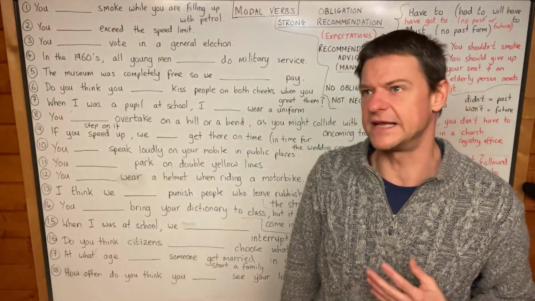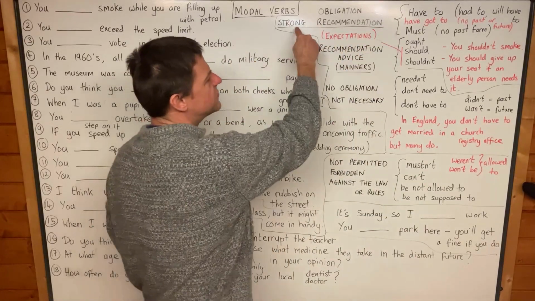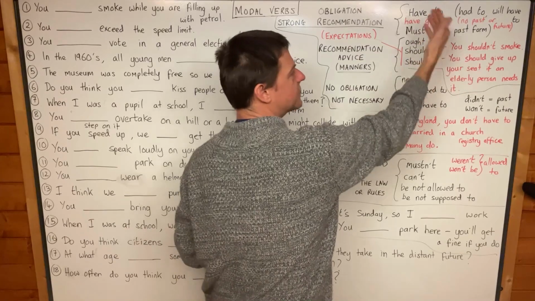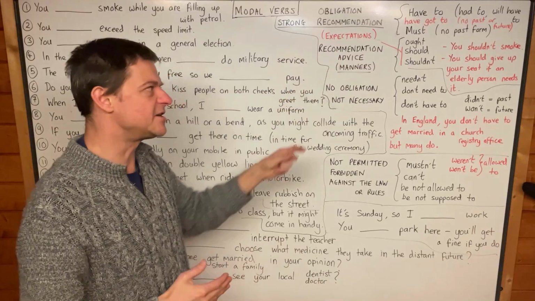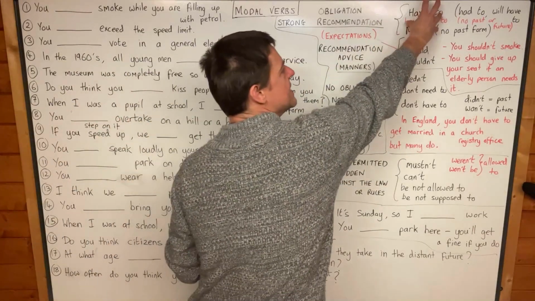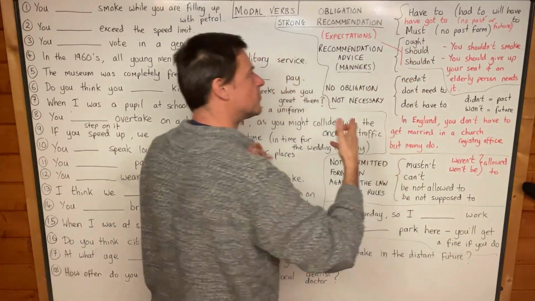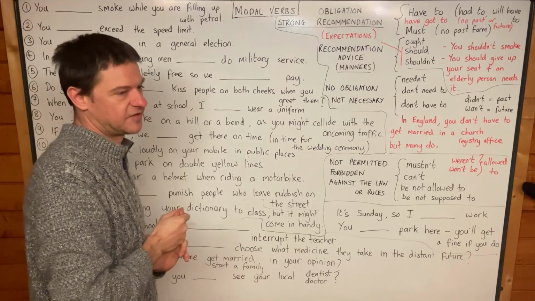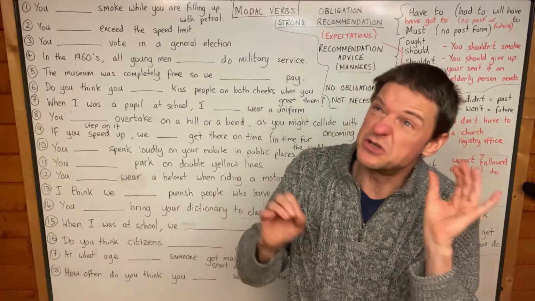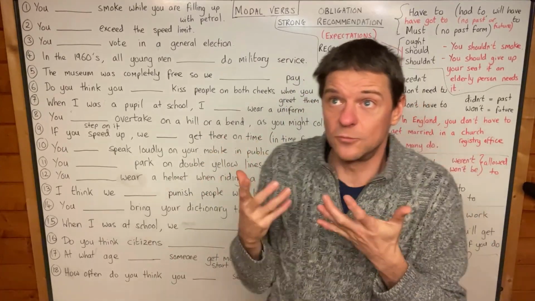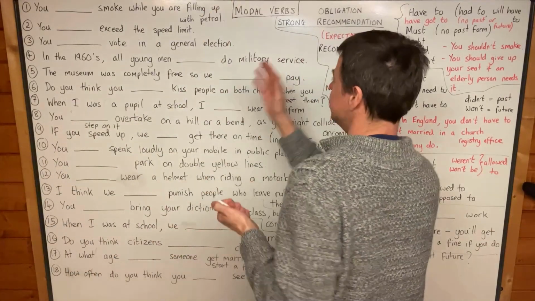We'll go through a few questions together, just so I can make them really clear, because very often with these, you can see straight away, strong recommendation is have to or must or have got to, but ought, should and shouldn't are recommendation. And so quite often you could use these ones, and they are just stronger than should or shouldn't, which are weaker recommendations. And so there is a lot of crossover. There are a lot of sentences where you could use one or the other, and one is just stronger. I want you to be aware of that, and that's why I wanted to do it together.